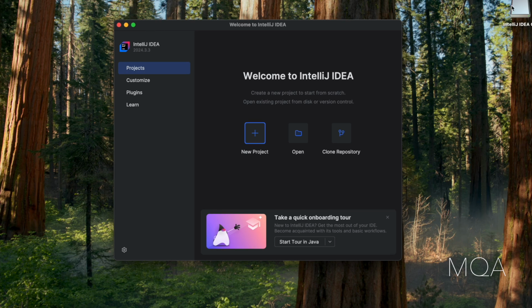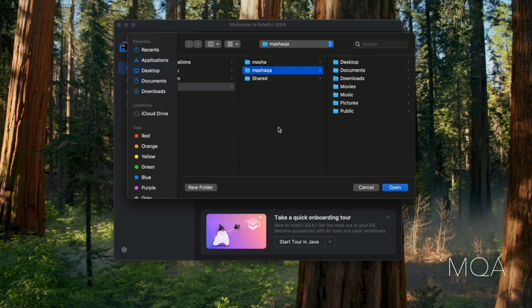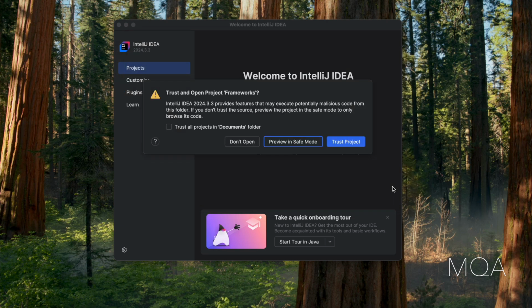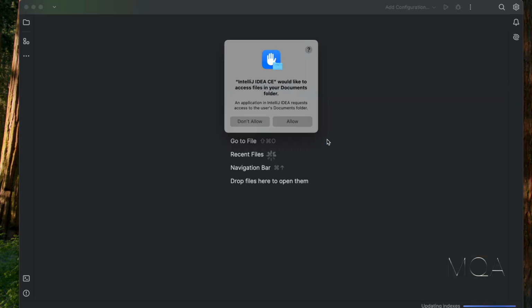So we are coming back to our Cypress project, one that we already created, but it's saved in one folder. But I want to open this project inside my IDE so I can work on that and modify. So if I open the folder, I'm gonna go into my documents, frameworks, and here if you see I have my Cypress framework. So let's go and click open. Yes, I'm trusting this project, so